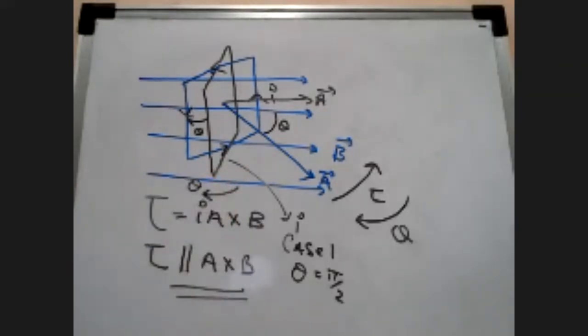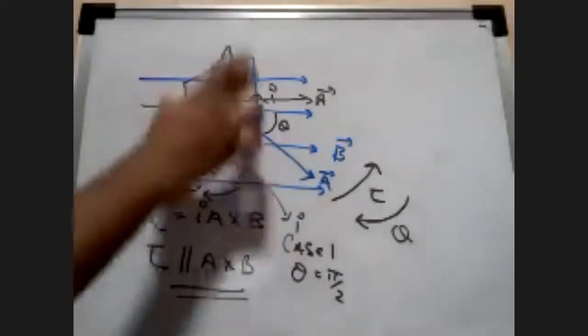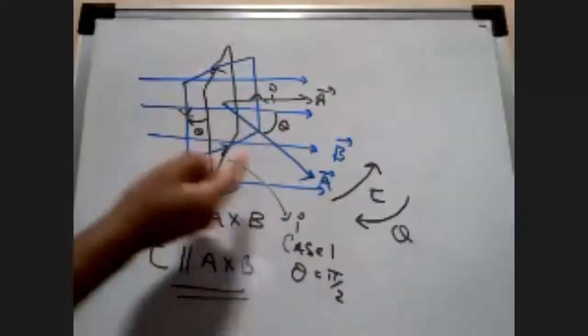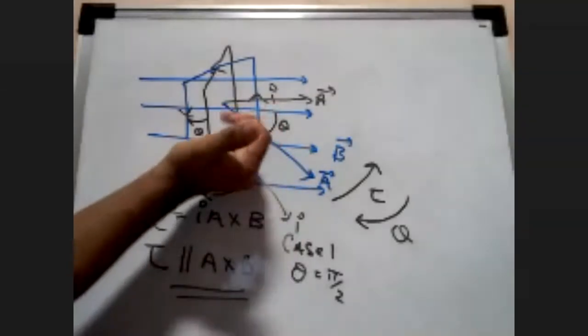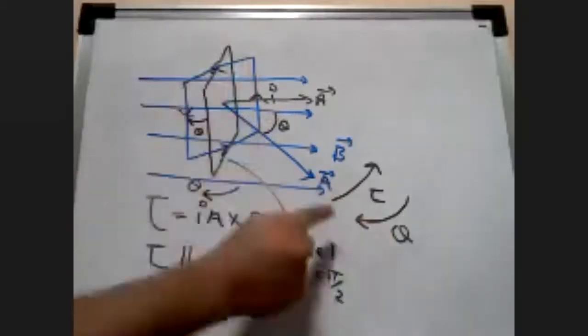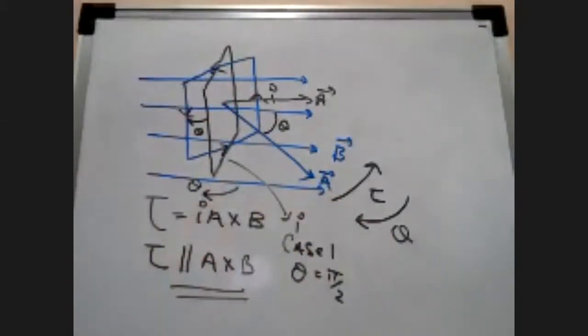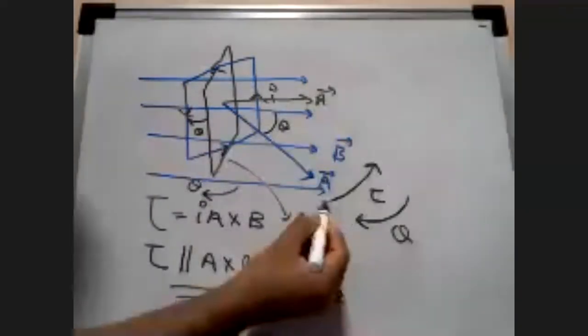But now what is happening is the area vector happens to be coming out of the board. For the blue loop specifically, how did I assign the area vector? I took my hand, rotated it around the current in the direction of the current, and that got me the area vector. Three-dimensionally, this area vector is coming towards you. Magnetic field is towards the x-axis. And so I try to calculate the direction of the torque. I know the direction of the torque will always be from A to B. So right now I can see area vector is here, magnetic field is here, so I know the torque will go from A to B.